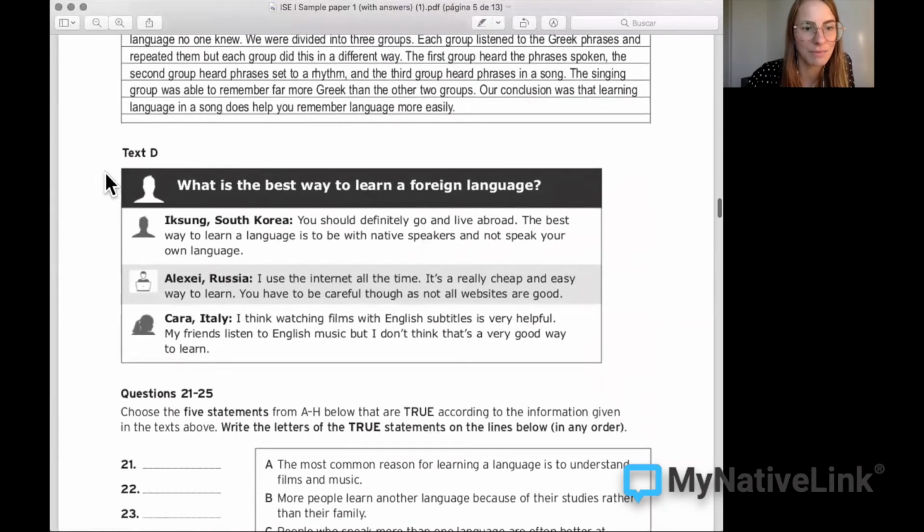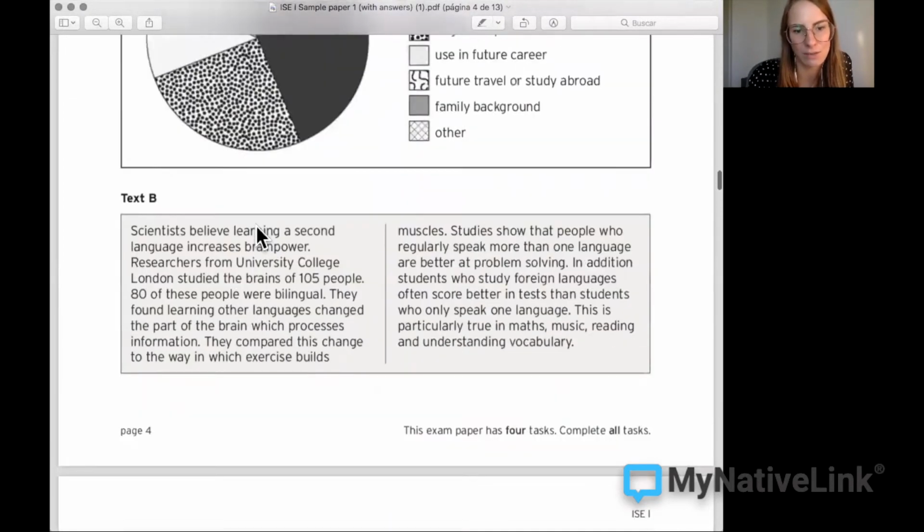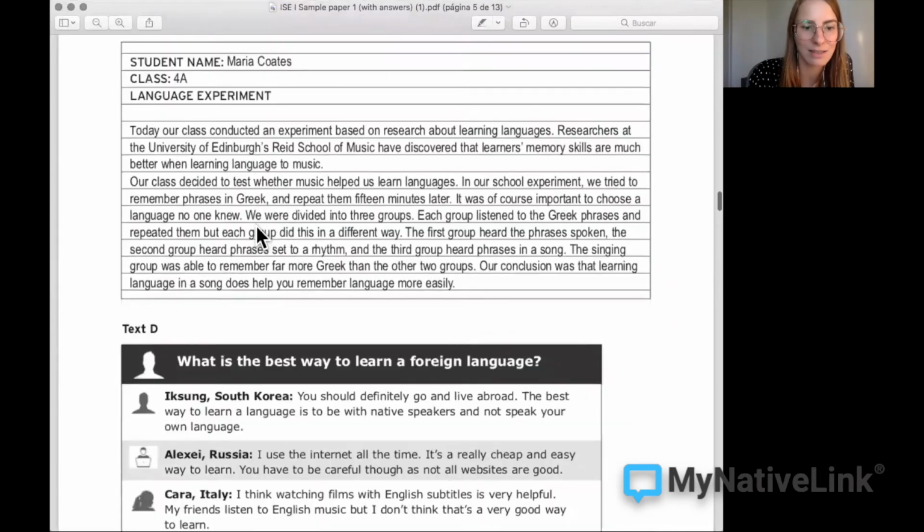Okay, and then we've got text D, and text D is a chat room. So it's also the same topic about learning languages, but in this case, it's different people probably giving their opinion or asking questions in a chat. And this text is going to be much more informal, probably. Okay, so you read the 4 texts and you know what the texts are about, and now it's time to